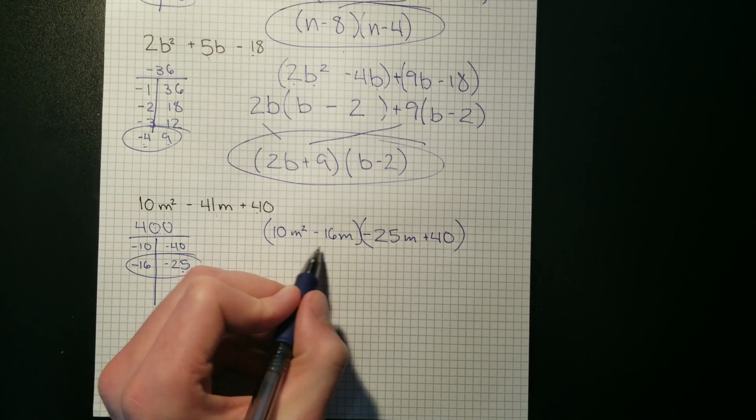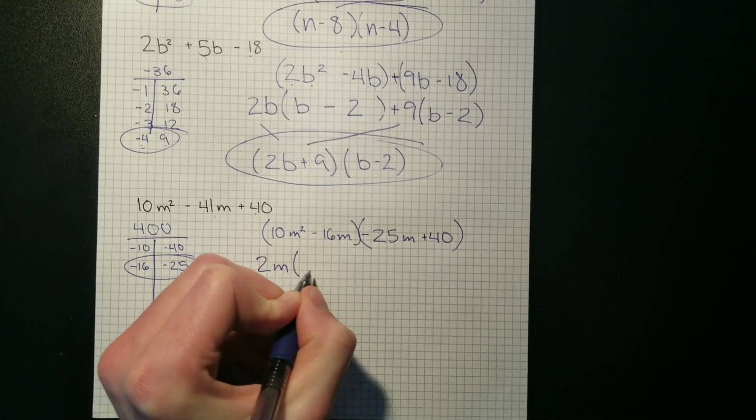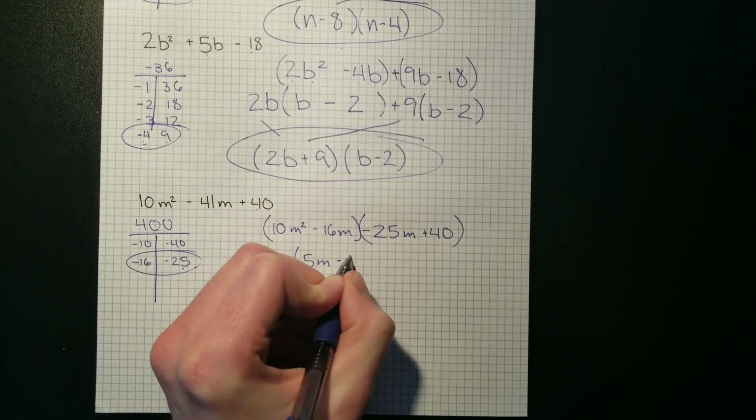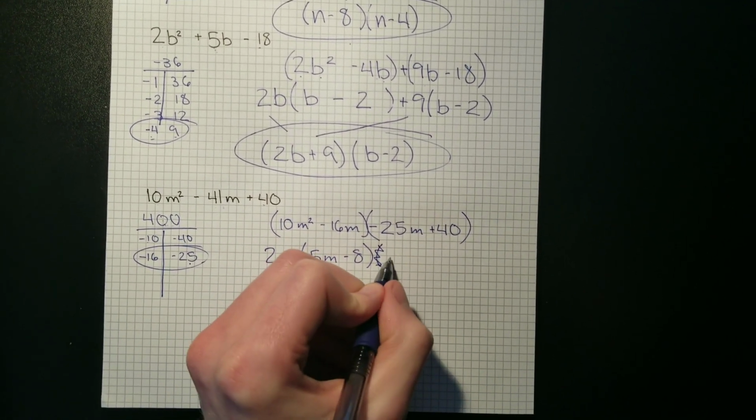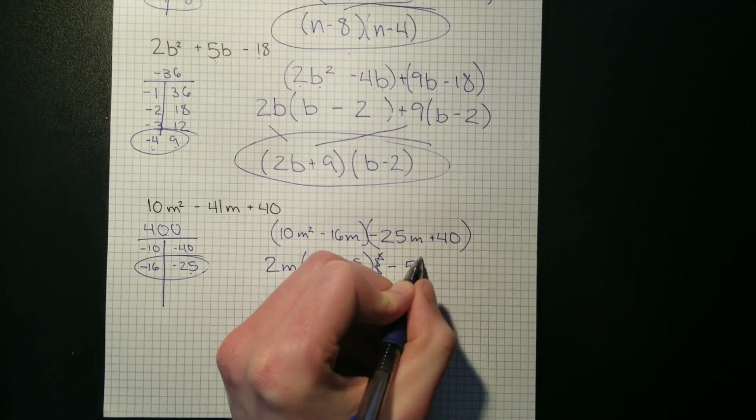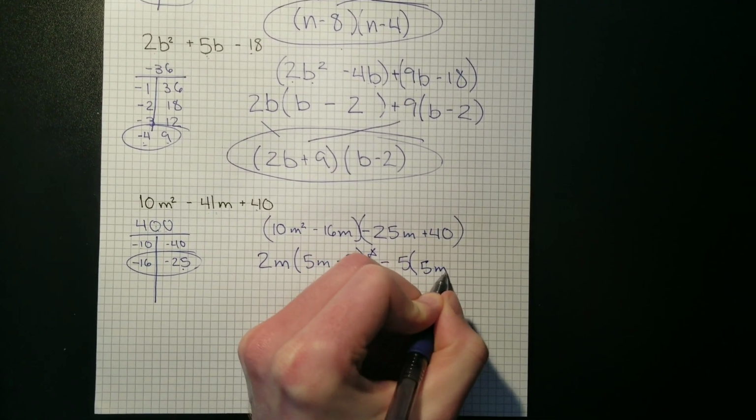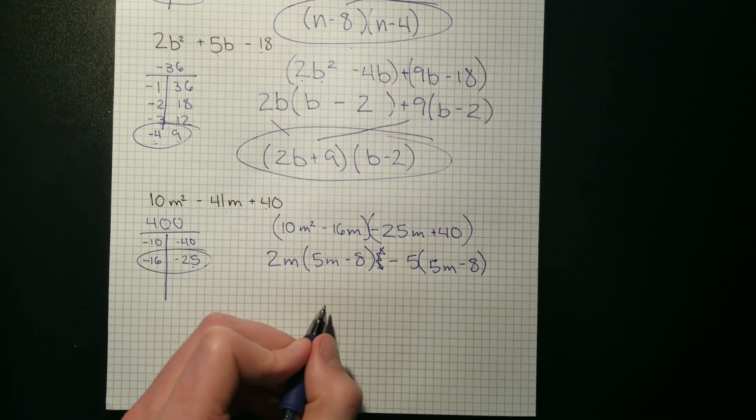So what's the number that goes into all of that stuff? Well, that would be 2m. So I would get 5m minus 8. And here, I could take out a negative 5, and that would be 5m minus 8 again. And that means that I can